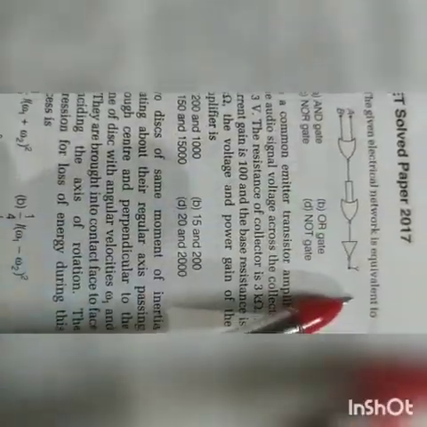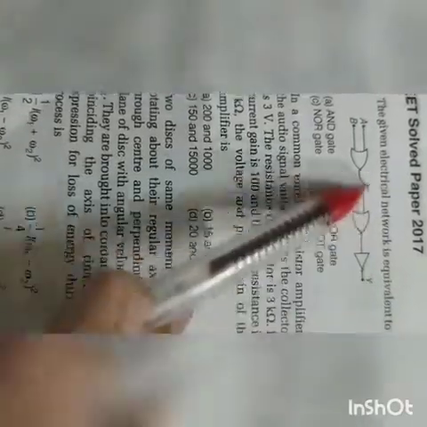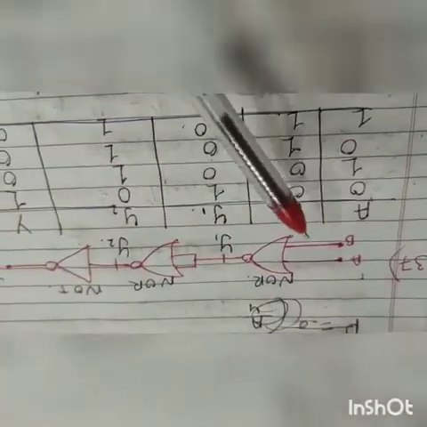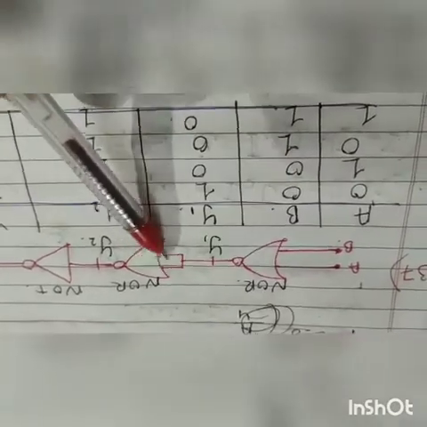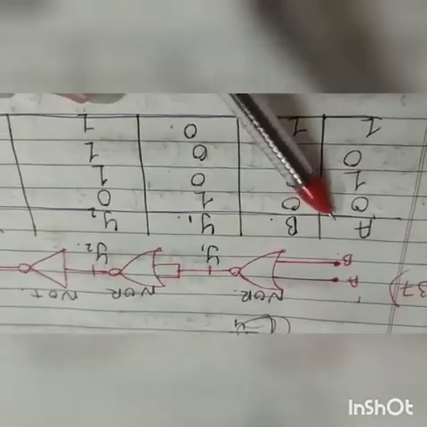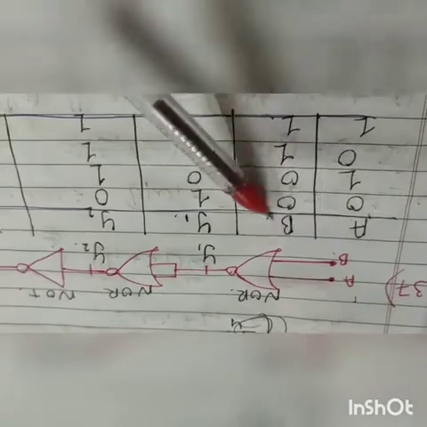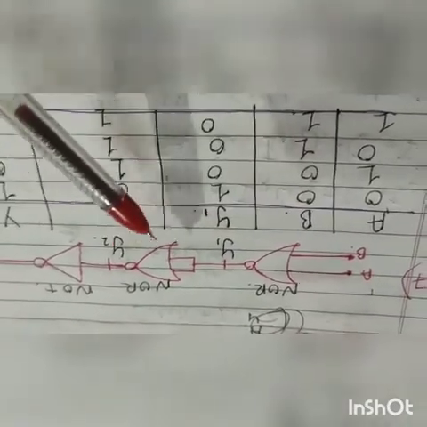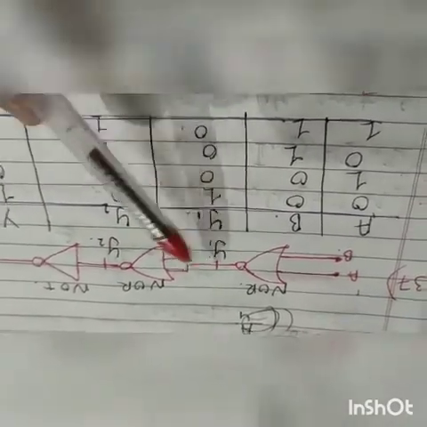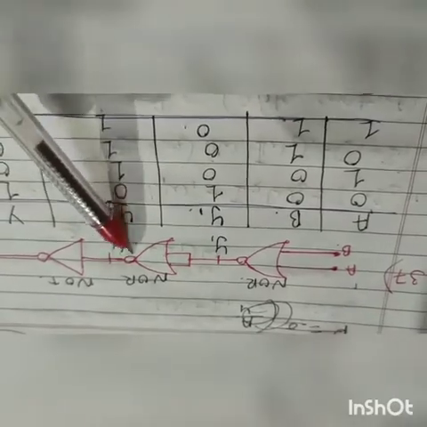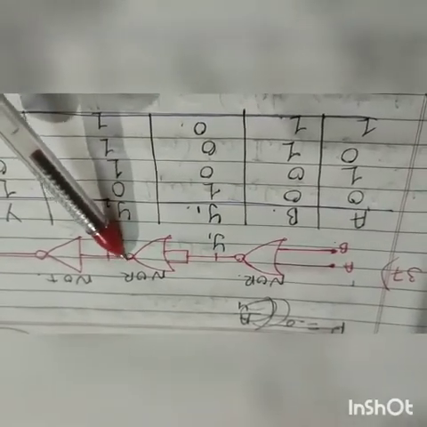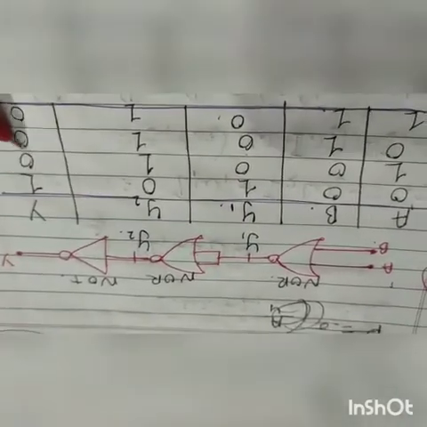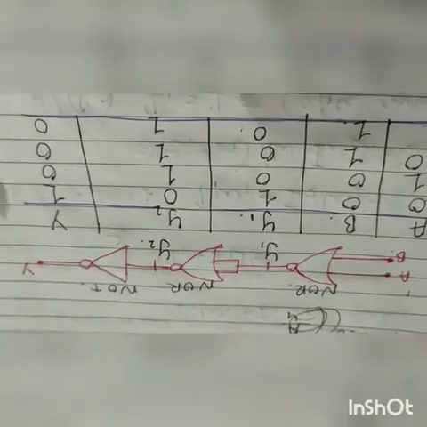So here it's given an electrical network, and we need to find what it is equivalent to. Here I have just made a figure. So this is a NOR gate, and this is a NOR gate. After putting the inputs and outputs, Y1 is here and Y2 will be just the reverse, as here this dot type symbol is there. So the final output we get from this gate is that of NOT. So we got our correct option, NOT.